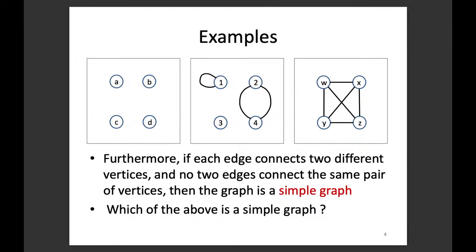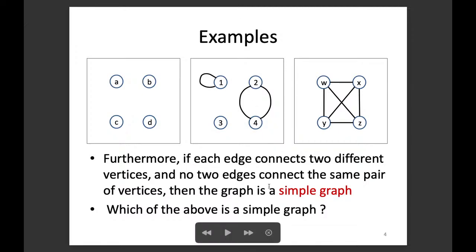Okay? Now, we have more terms. So notice that each edge connects 2 vertices. Sometimes they can be the same, like this case, and sometimes they may be different. Normally, the edges will be connecting 2 different vertices. Now, if each edge is connecting 2 different vertices, and then between 2 vertices there is at most 1 edge, then we call this